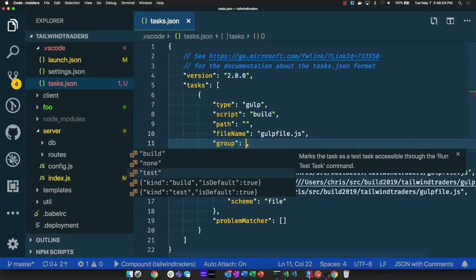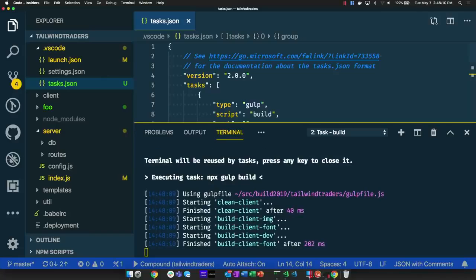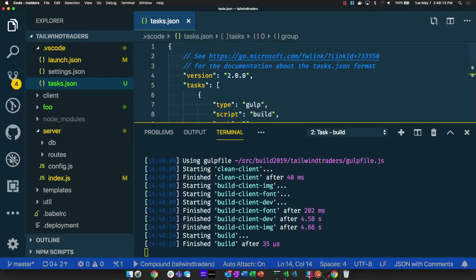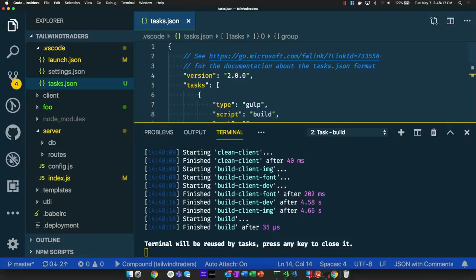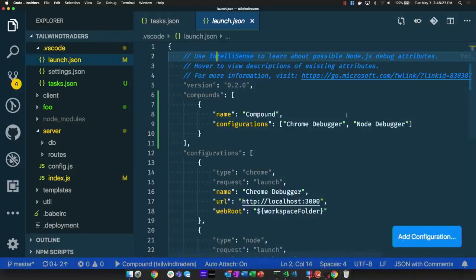But if you say it's a build task and it's the default build task, that will hook it up to the Shift Command B key binding. So I just press that, and it'll execute that task automatically for me. That's an even quicker way to launch that particular task. But that's still, if I'm building my application and I forget to build it and start debugging, I miss it. What I can do, which is even better, this is kind of the gold standard,